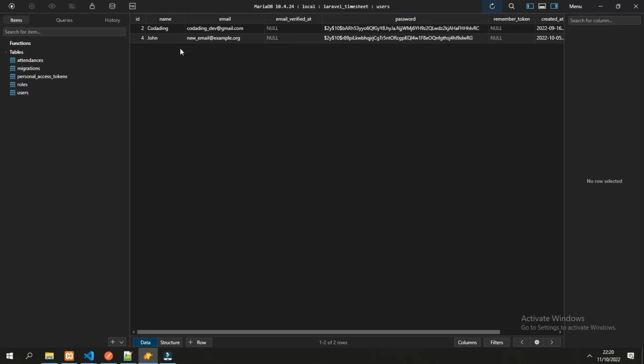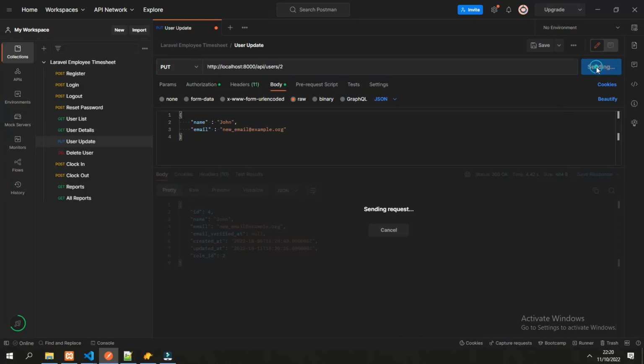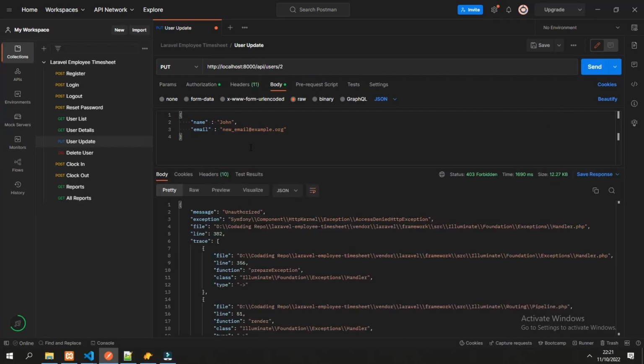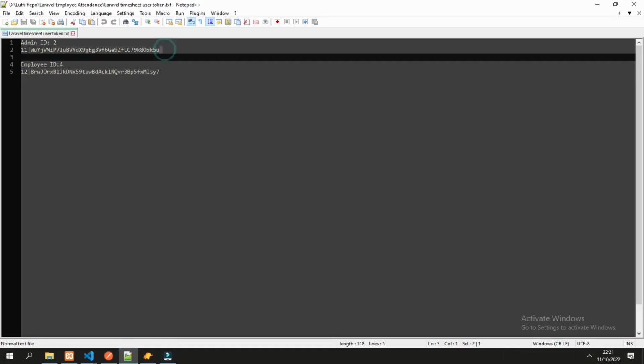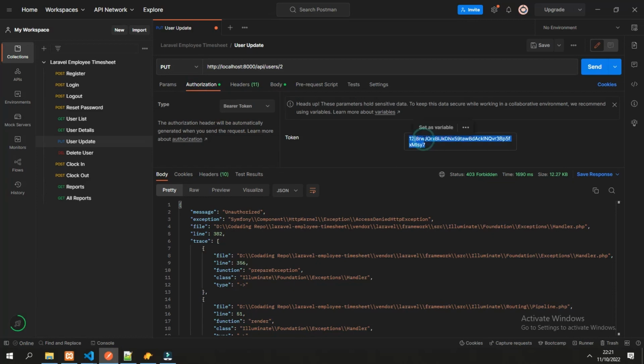Now it has been changed, and if the user tries to edit the other user, it should be forbidden, because the user role is employee, so it cannot edit other users. But if we try to use the token from the admin, let's change it first, and it tries to edit the other user.